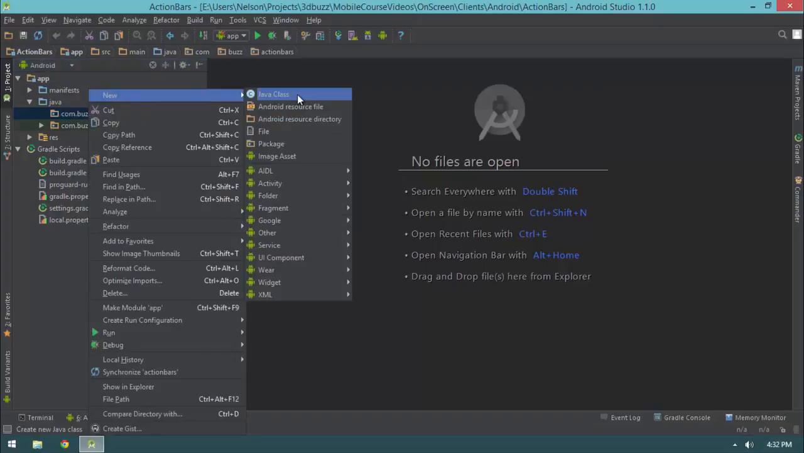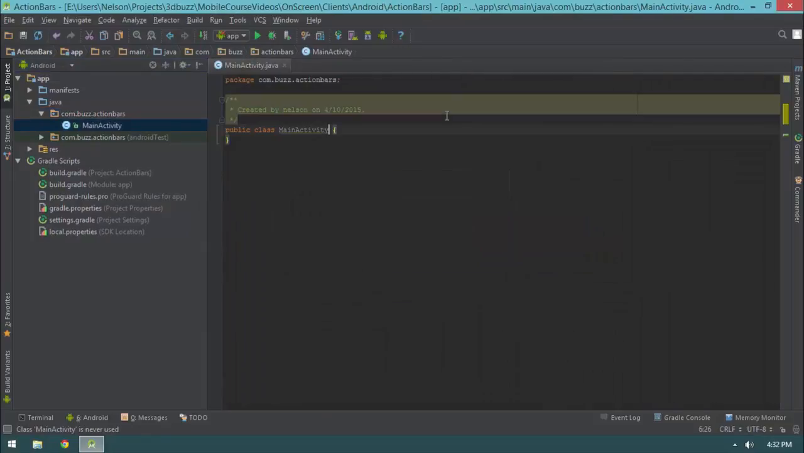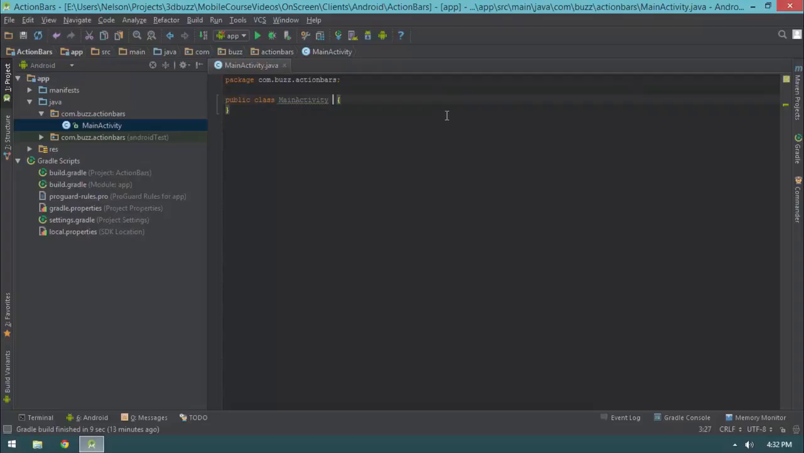So I'll go into my Java folder, and I'll open up my package right here, my Combuzz action bars. I'll right-click, select New, Class, and type in MainActivity. Again, I don't expect you guys to be following along with this particular video. Anyway, we have a MainActivity. It extends Activity. We're going to have a public void onCreate(Bundle savedState),